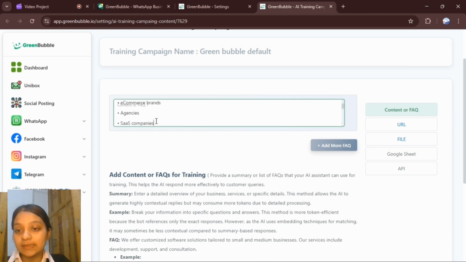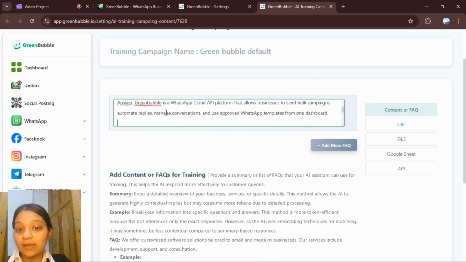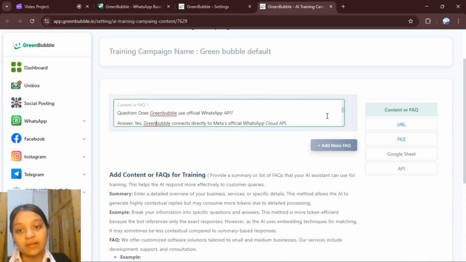It will be really easy for you. You just need to add your business information. For example, if a customer asks the AI what is Greenbubble, AI will automatically reply: Greenbubble is a WhatsApp Cloud API platform that allows businesses to send bulk campaigns, automate replies, manage conversations, and use approved WhatsApp templates from one dashboard, etc. I have added a lot of questions. So this is how you train your AI.